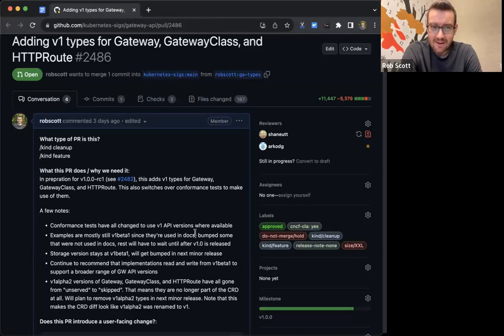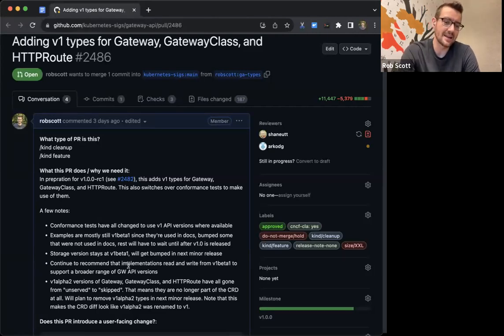And in general, I'd recommend that implementations, if you're trying to support a variety of versions of Gateway API, the safest thing is to continue to read and write from V1 beta 1. So what that means in practice is that when 1.0 is released, if you were conformant with 0.8, by and large, you should be conformant with 1.0 without needing to make any additional changes. Yeah, I think those are the big things.